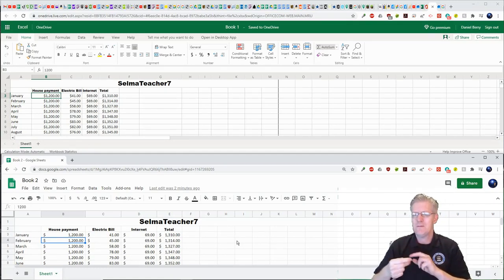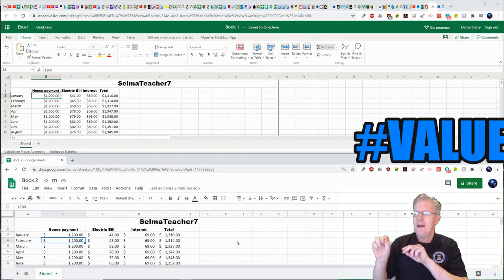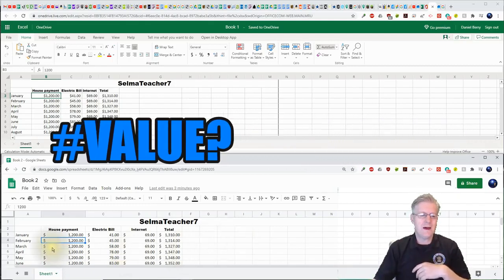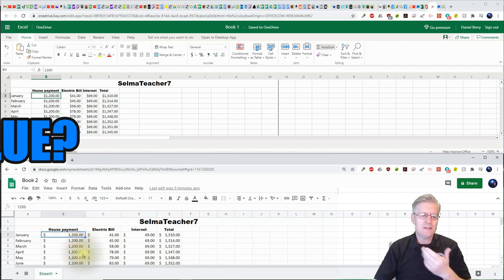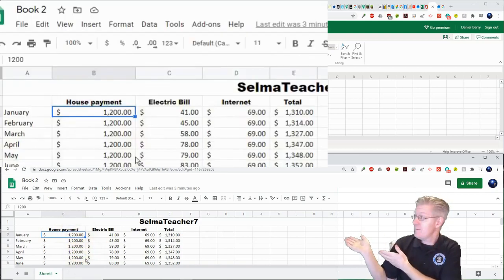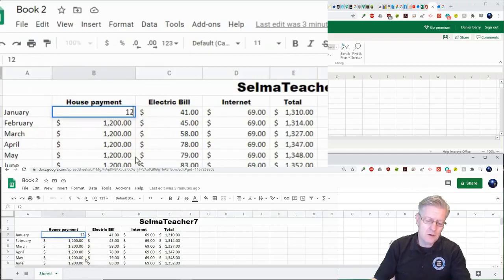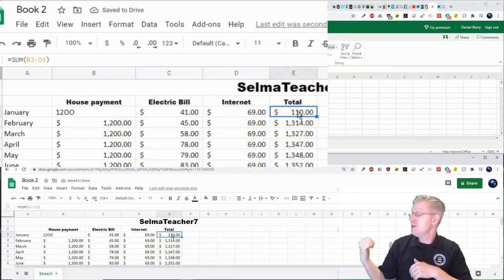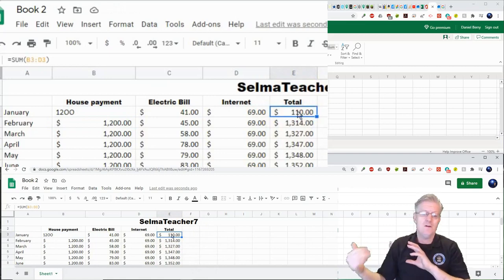You'd get a pound mark and then it would say value. The way you'd get that is you'd be typing in your numbers, and by accident, instead of typing in 1200 like we have there, you type in 1, 2, and then two letter O's, hit the enter key, and right there for the total, you'd have a pound value error.